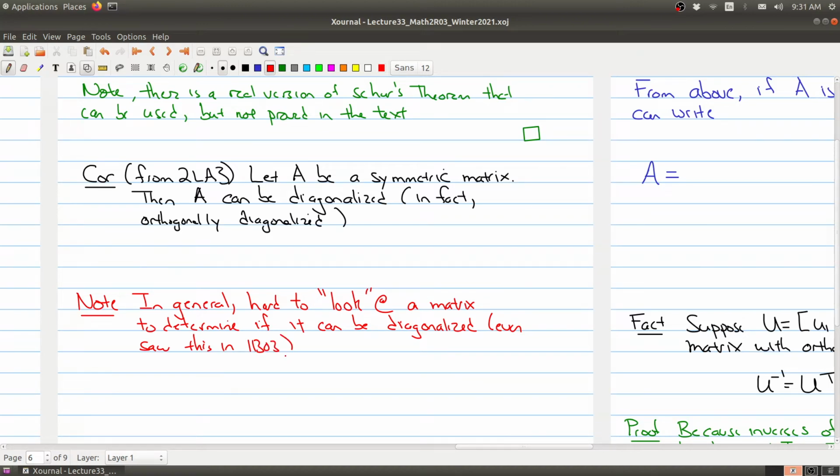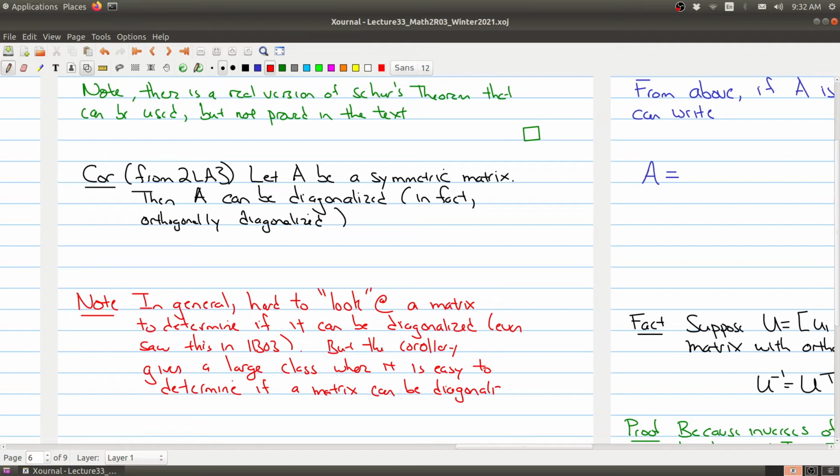But the point of the corollary is that it gives a large class where it is easy to determine if a matrix can be diagonalized. You just look at your matrix, and if it's a symmetric matrix, you go,